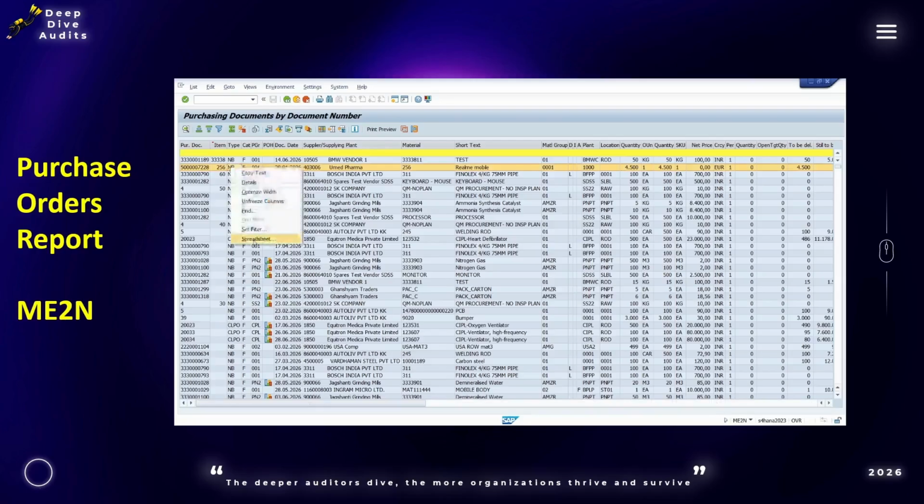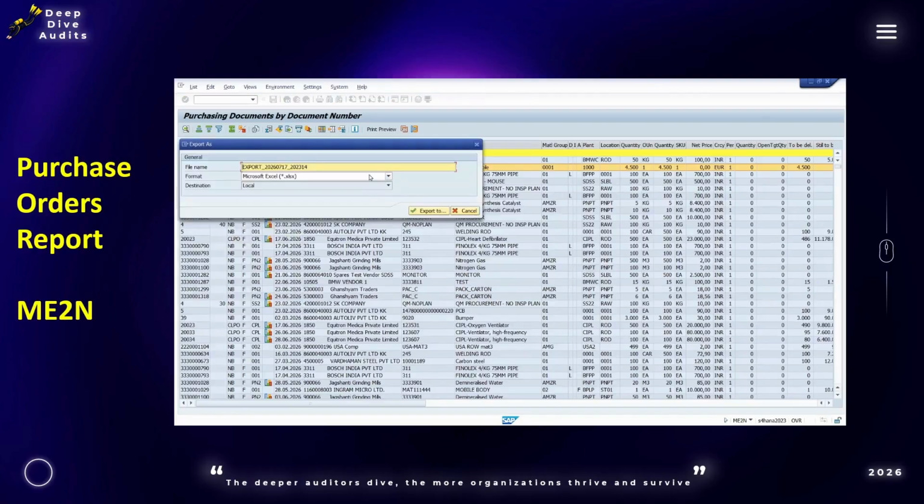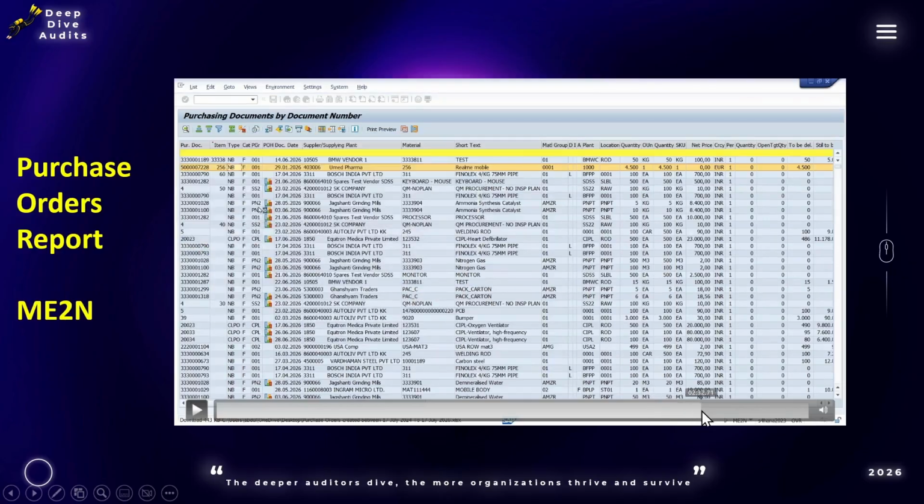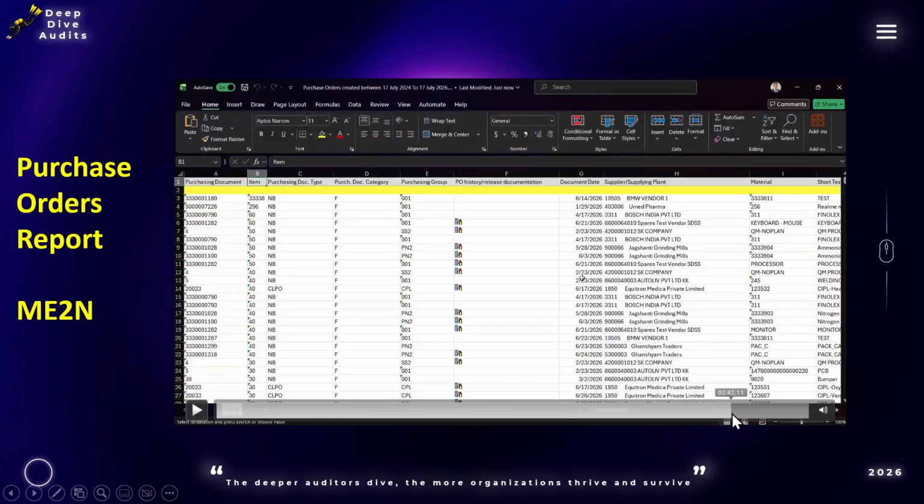So now you have to export it. Right click, spreadsheet and save the file. As I showed you before, the process is the same, only the T codes differ. Once you have exported it to your relevant folder, you can see that this gives you the list of